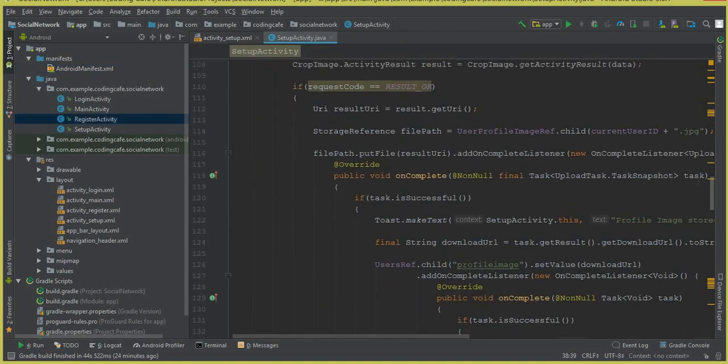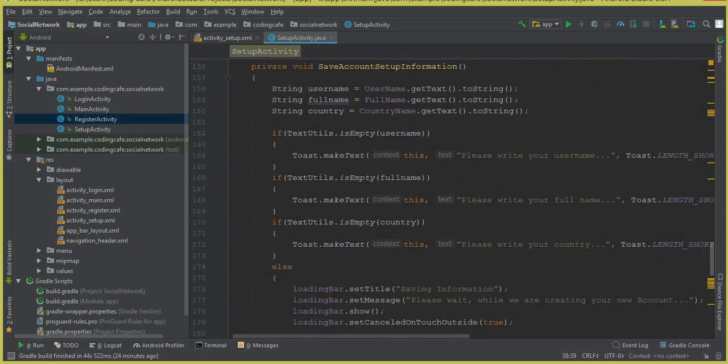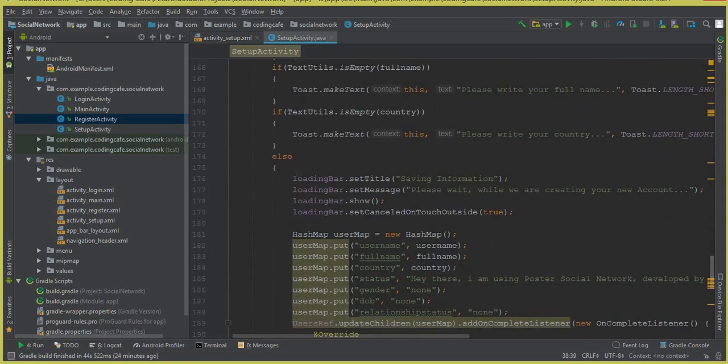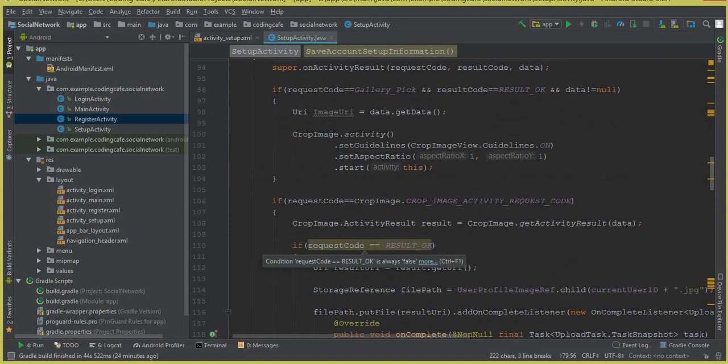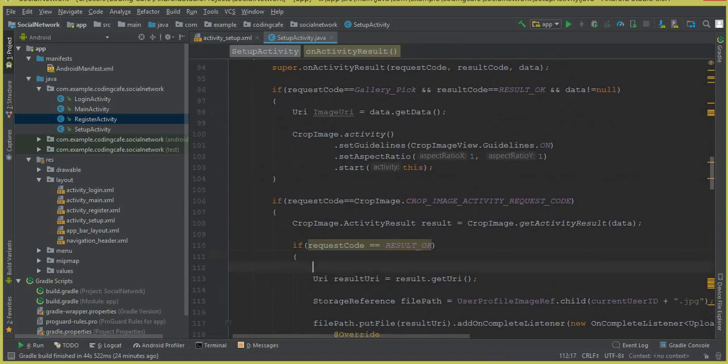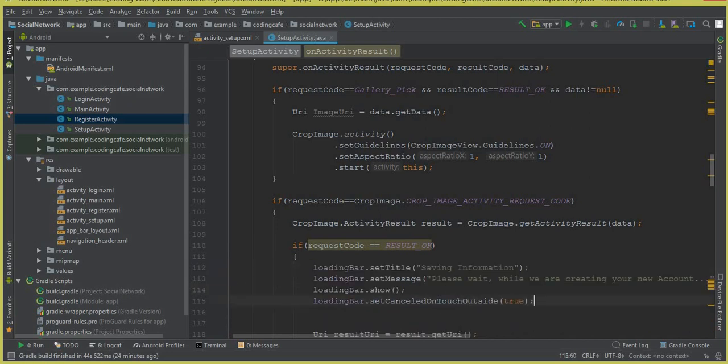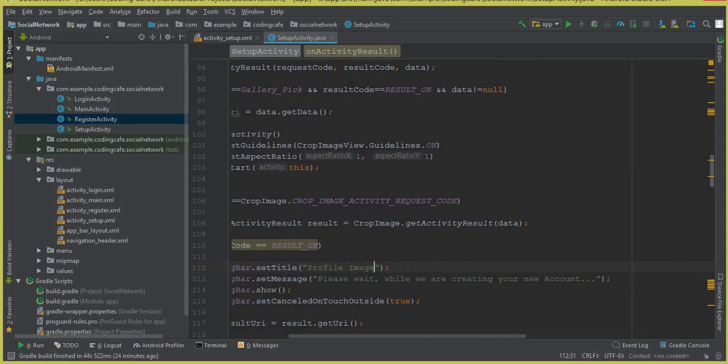Come down here, let's come down to where it is, this one. When we save the information, you can simply copy all these 4 steps, Control C, and come here above. When we get the crop image result here, we can simply paste that code here, the loading bar, and we can say profile image will be the title, and we're going to tell the user please wait while we are updating your profile image